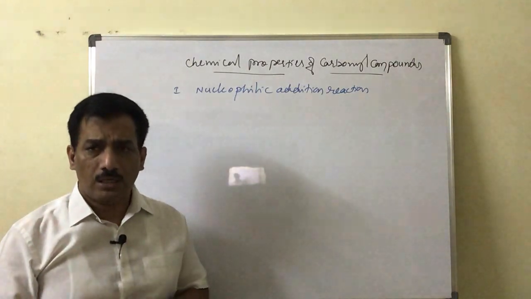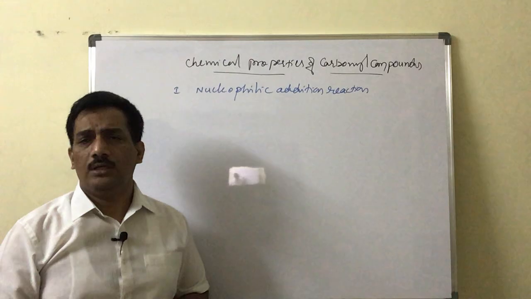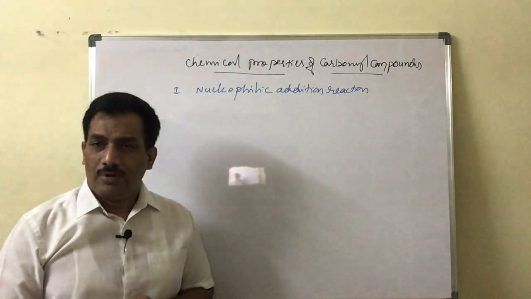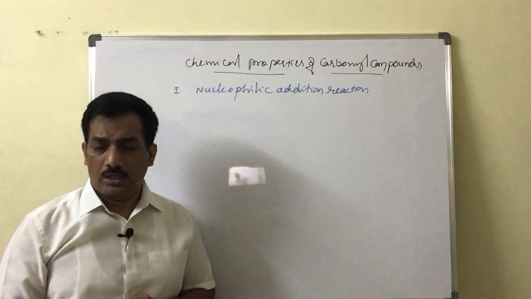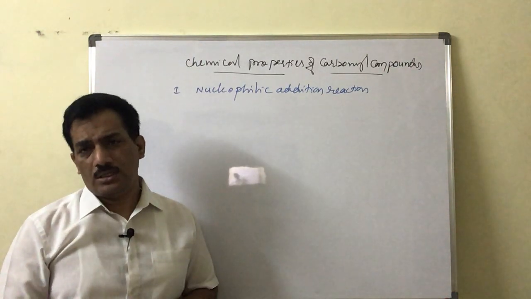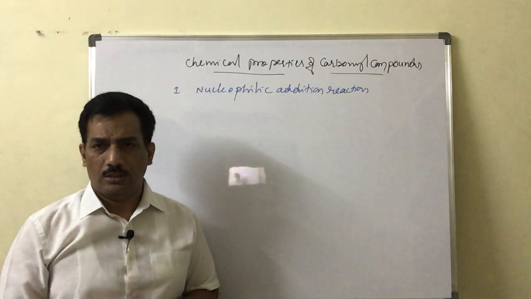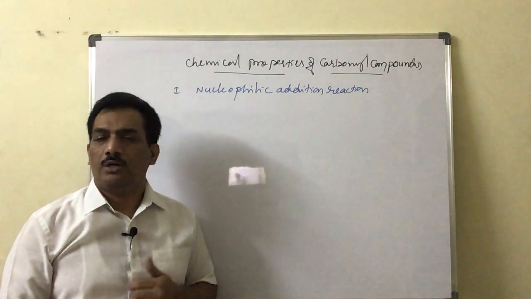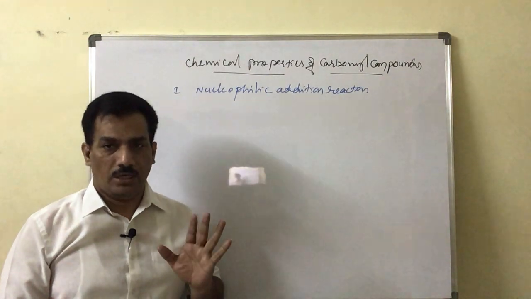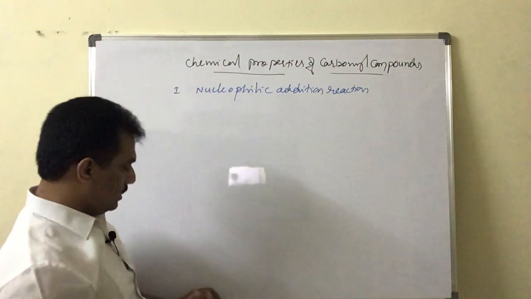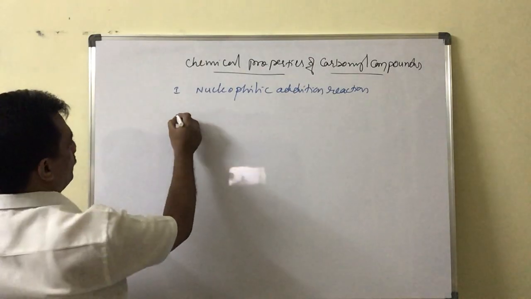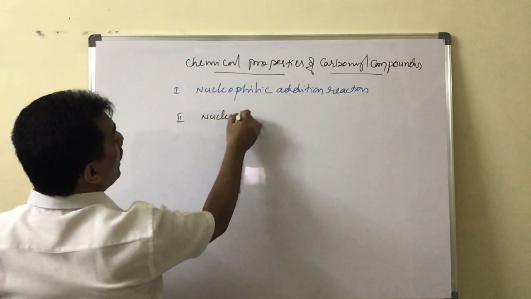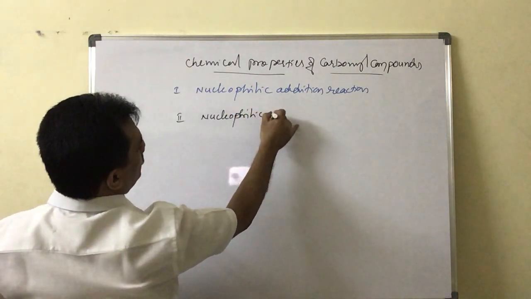For your convenience, let me reveal that one. It is HCN, sodium bisulfite, NaHSO3, RMgX, and then ROH. With all these four reagents, these carbonyl compounds tend to go for nucleophilic addition reaction. That's all. And next we listed out the reagents that are related to nucleophilic addition followed by elimination.